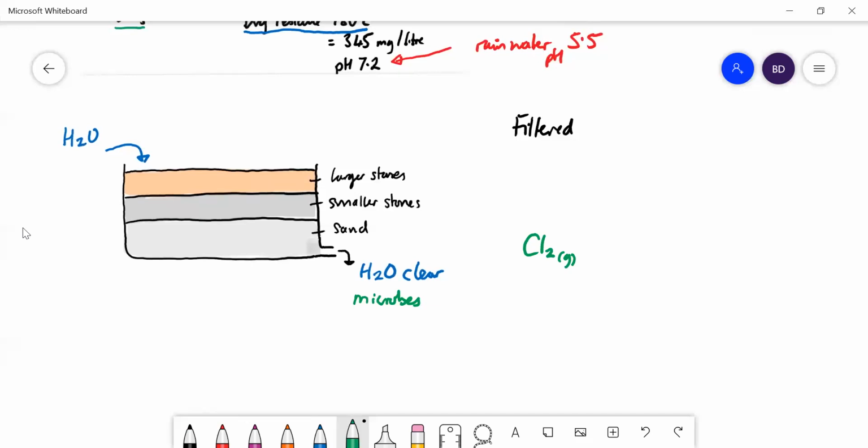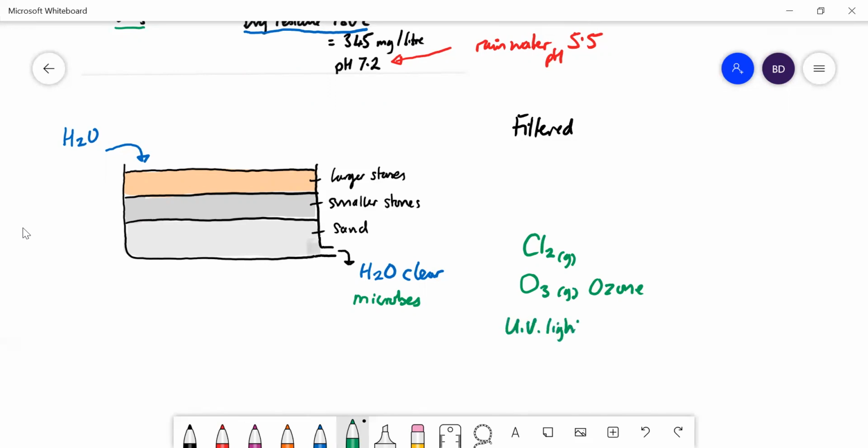A new way of sterilizing the water, instead of using chlorine, is to use O3, which is another gas, and that's called ozone. Of course, most oxygen we know is O2. This is O3. It's more reactive, and it's an oxidizing agent. It's toxic to bacteria. And then there's a final way of sterilizing it, which is to shine UV light on